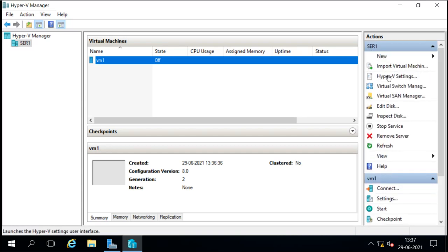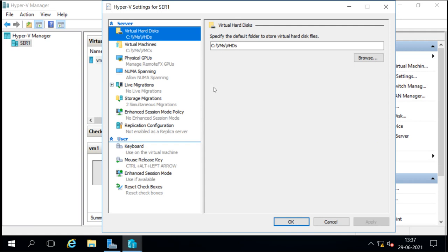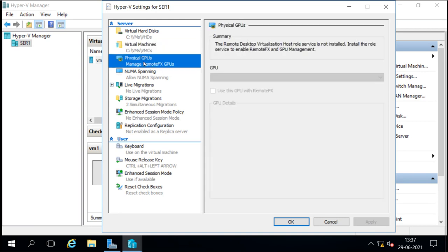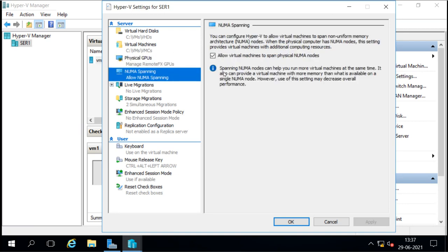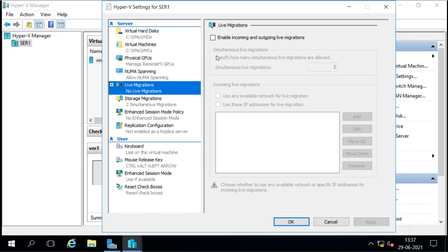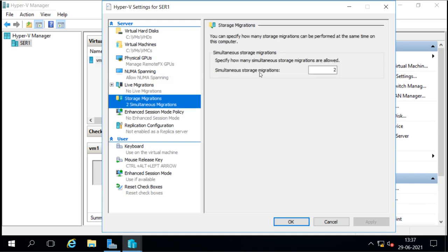Under the Hyper-V settings, we have different settings like the location of our VHDs and virtual machine configuration. If we have a GPU graphical adapter, it is also for selecting that. NUMA spanning is to increase your processor power, and this is for migration. We did not select the migration option when installing the Hyper-V role. We can select it from here. We can select to migrate the storage also.